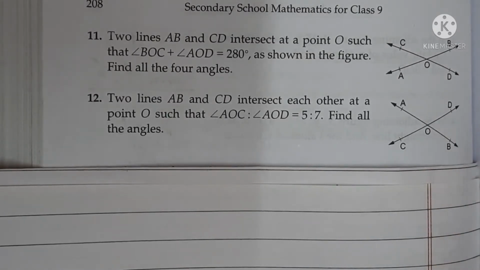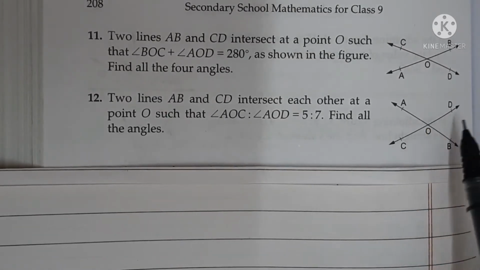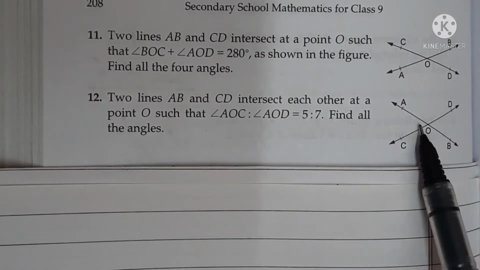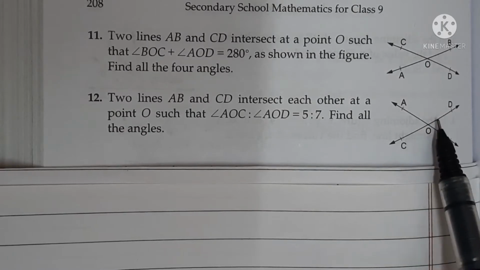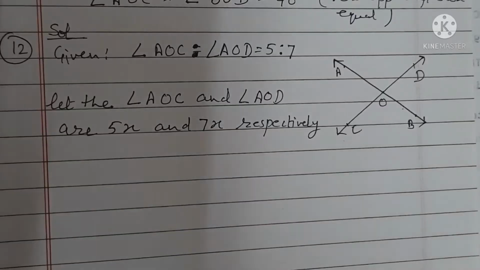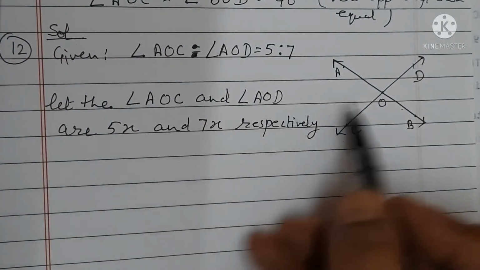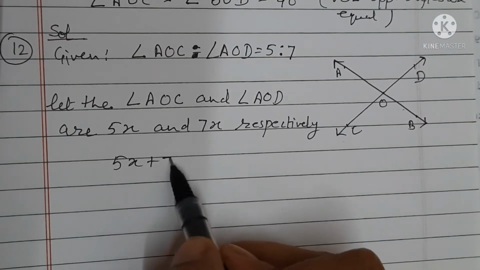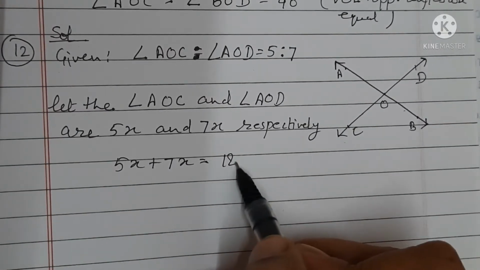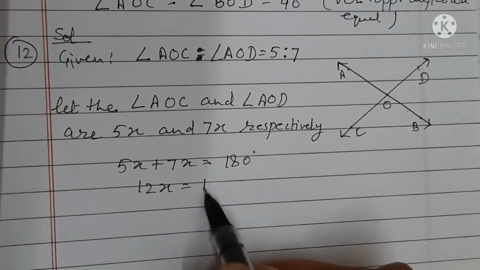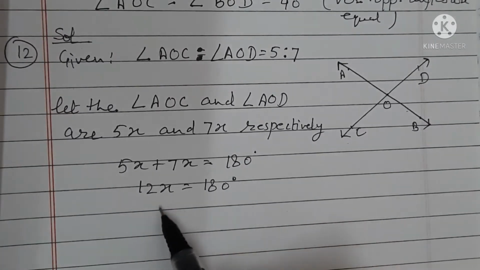So what to do? You will suppose the angles are 5x and 7x. So these will form a linear pair. Sum of these angles will be 180 degree, and we get all the angles. Now sum of the angles, because they form the linear pair, is 5x plus 7x is equal to 180 degree. 7 plus 5, 12x is equal to 180 degree. x is equal to